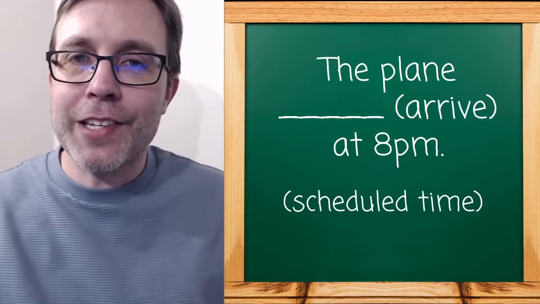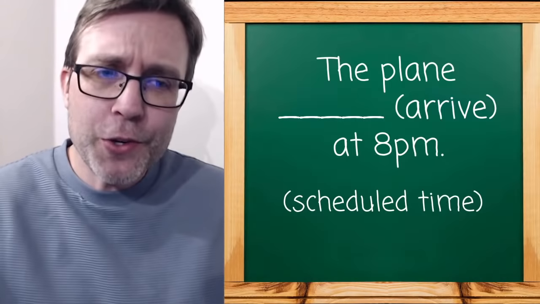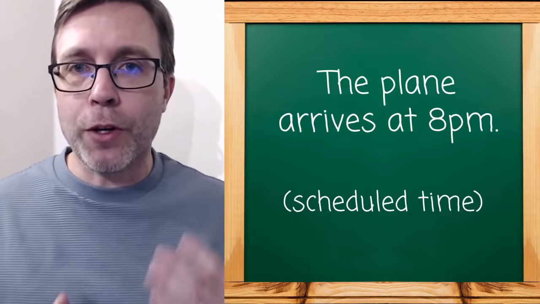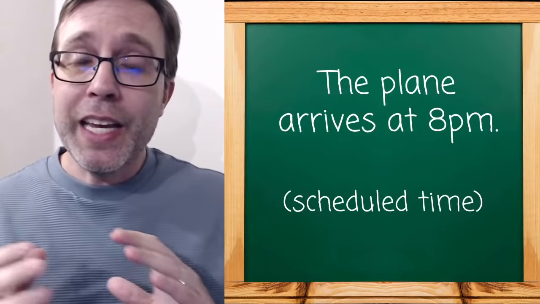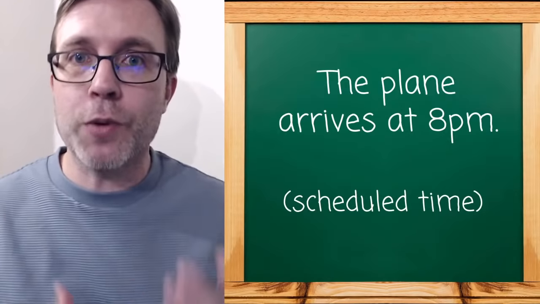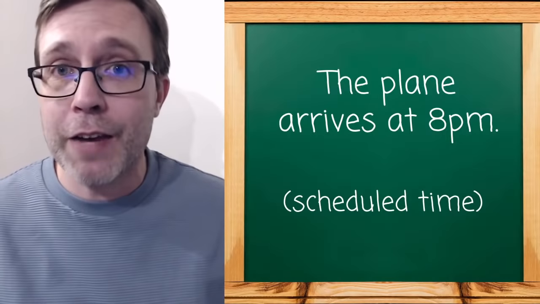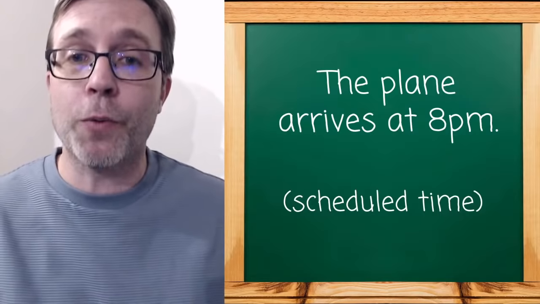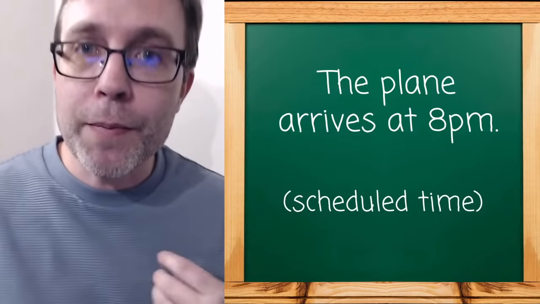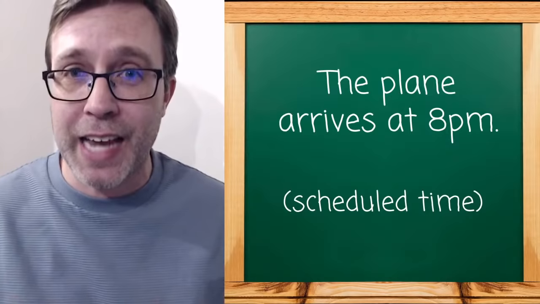So the reason I said I thought it would be tricky is because many people might say "will arrive," which you could say, but for scheduled time, it's more common that people are going to use the present simple, even if you're talking about something in the future. So if we have to go to the airport, I would tell you, oh, we need to leave now. We need to drive to the airport because the plane arrives at 8 p.m. I'm talking about something in the future, but I'm using the present tense because we're talking about something that is